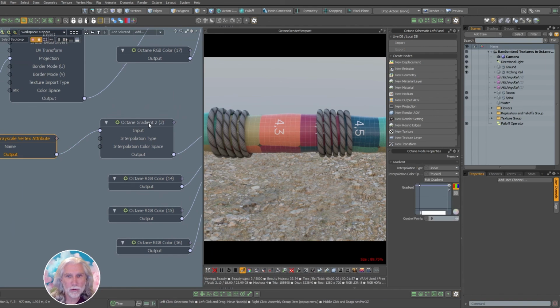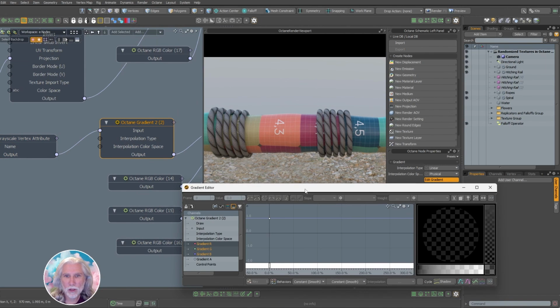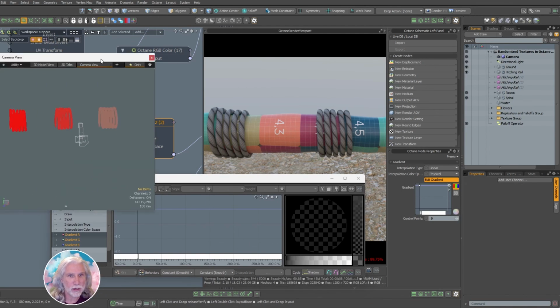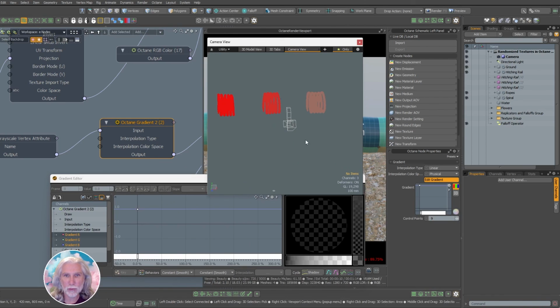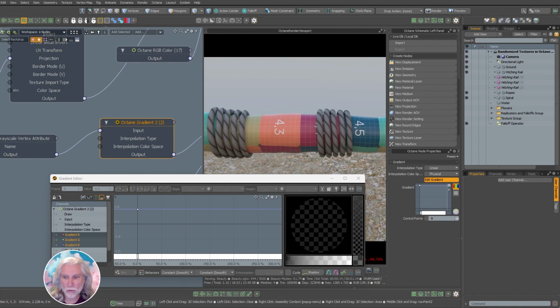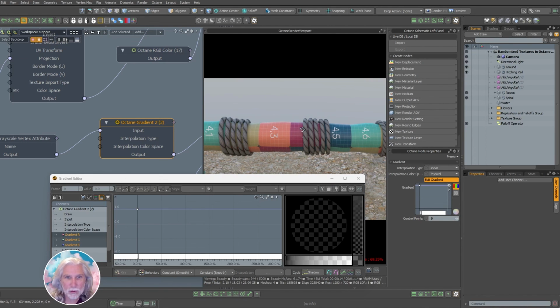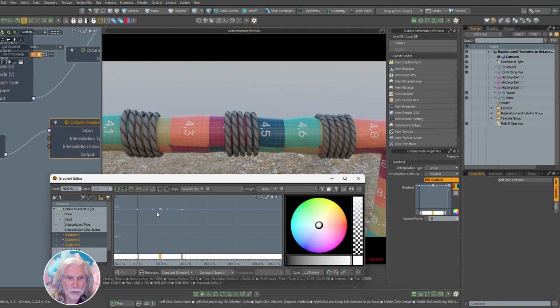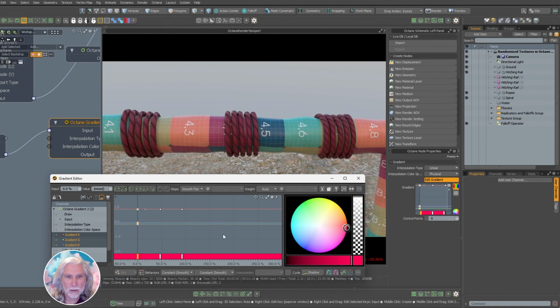So now on our gradient, we've got colors on one axis, and the percentages are basically the weight values, right? So this would be 100%, and this one over here would be, looking through the camera, 0%. Let me zoom this out a little bit so we can see what we're doing. And I'm going to middle click around 100%, and then middle click around 50%. And this guy, I'm going to go like a red, and then this guy,